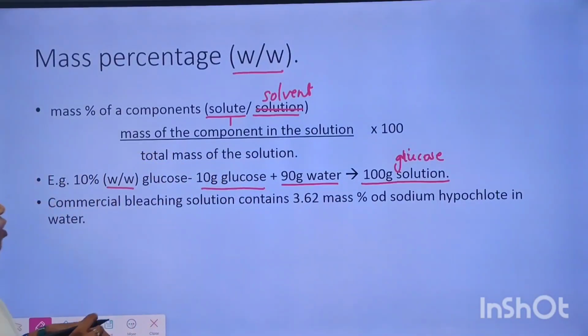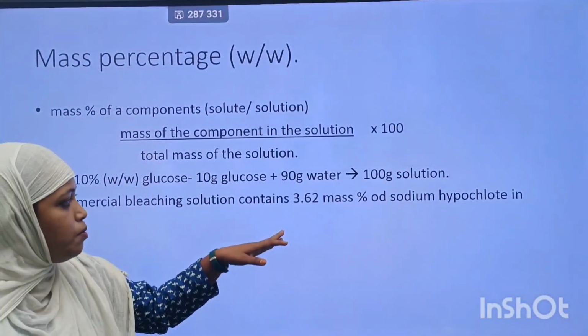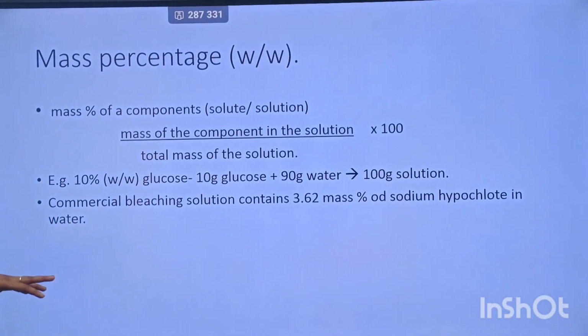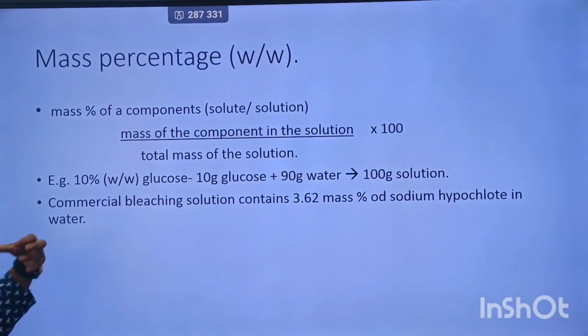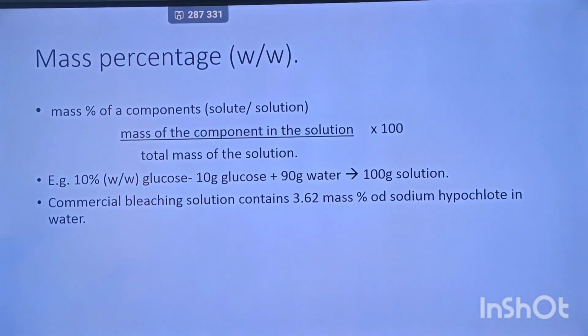Now this is used in commercial bleaching solutions, where we get to know that 33.62 mass percent of sodium hypochlorite is present in water. This is one example where I am showing you how solutions are made using weight by weight mass percentage. Next